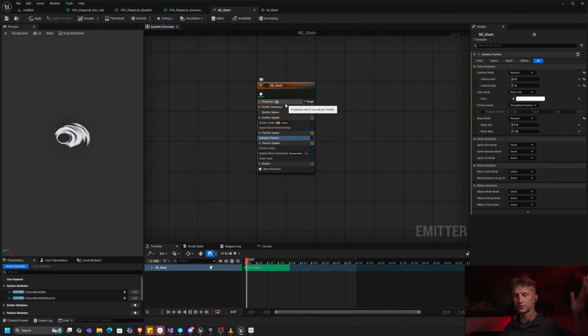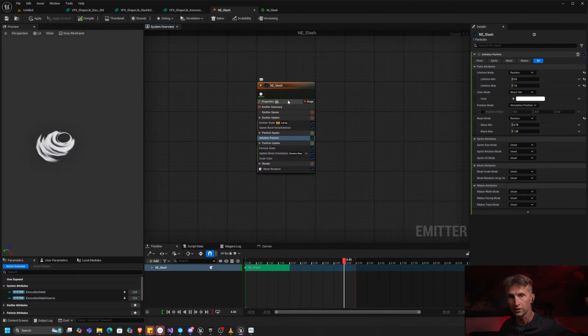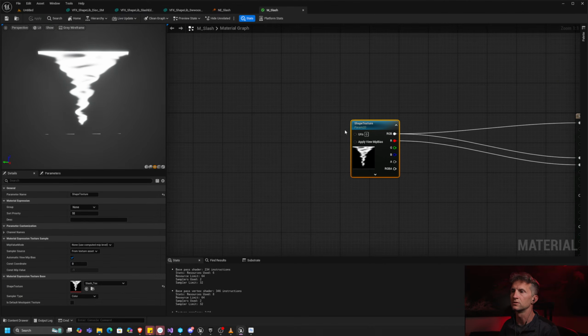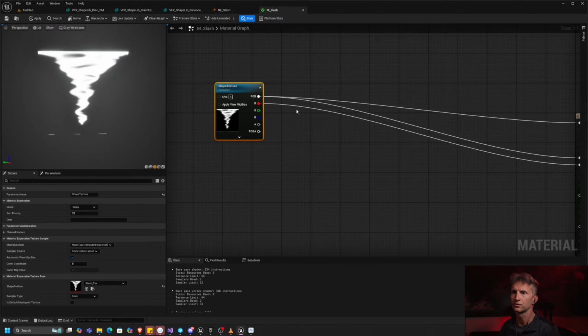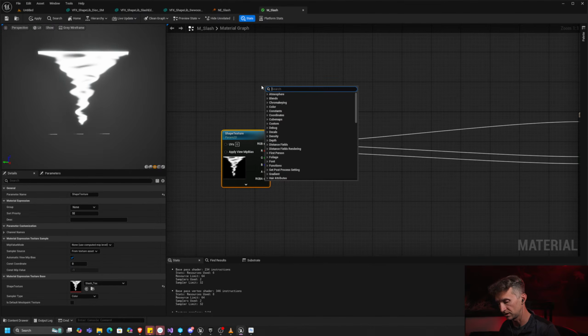So, first things first, let's start with the basics. How do we get the color to be the color that we want based on our particle color? Well, in our material, this is going to be our mask for all of our colors and stuff like that. But what we can do is we can get in the material the VFX parameter,